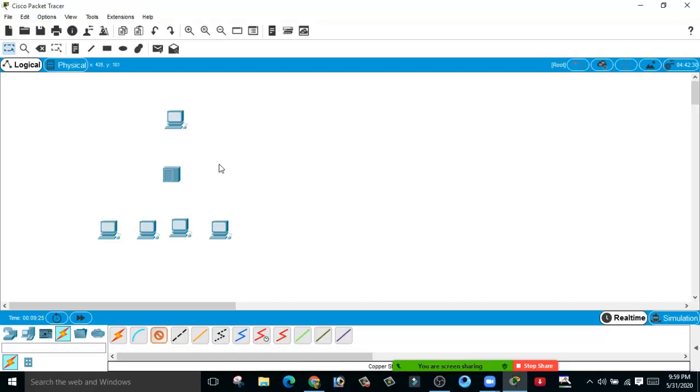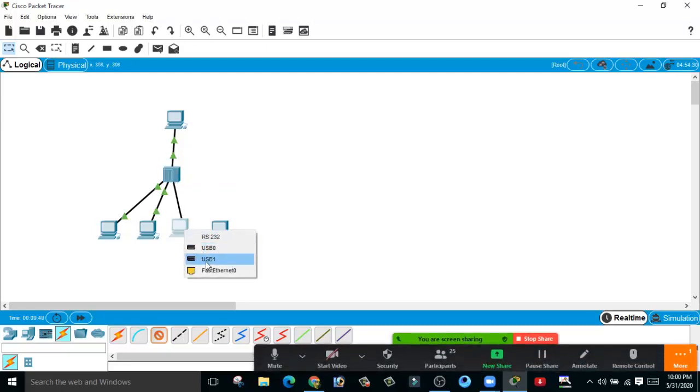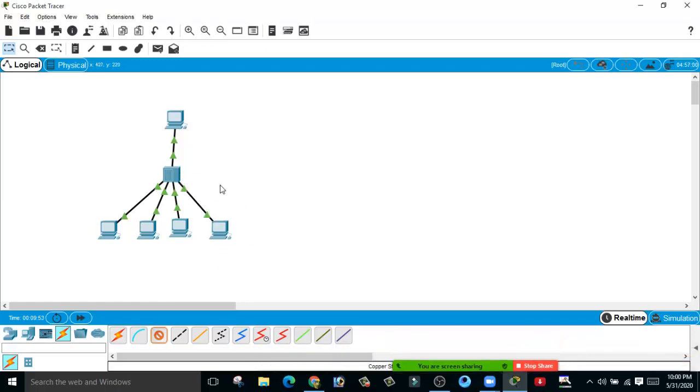So this is a straight-through cable. Let's select this cable and connect all these devices. See, it is asking you to select the first Ethernet port, right? We connect the Ethernet cable in the first Ethernet port, F0. Let's connect it to this hub. See, how many ports does this hub have? It has a total of 6 ports. So let's connect all the devices like this. Now let's assign IP addresses.